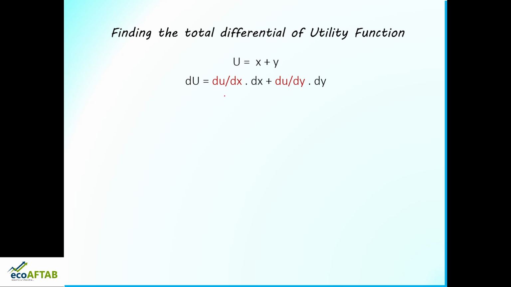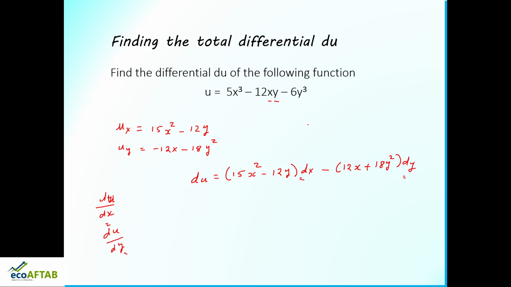So I wanted to tell you ये into dx और ये into dy कहाँ से आ रहा है, this I already explained in the previous example. This is how, ये जो है this is our du by dx और ये जो है this is our du by dy. सो क्या कर रहा हूँ, du by dx into dx plus du by dy into dy. This is what I have taken over here.